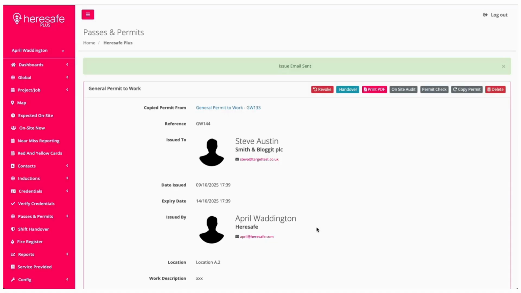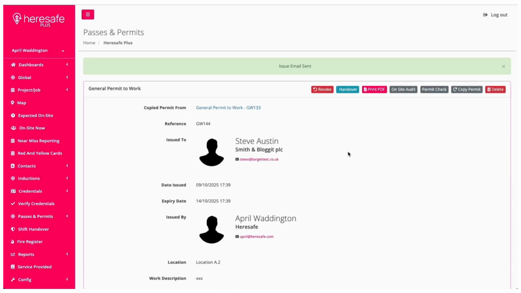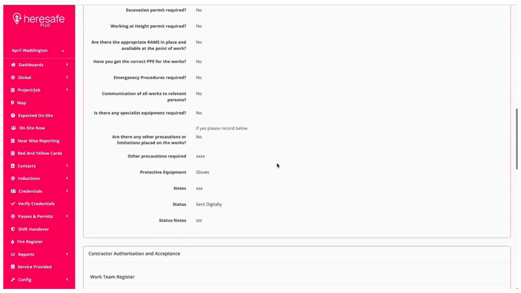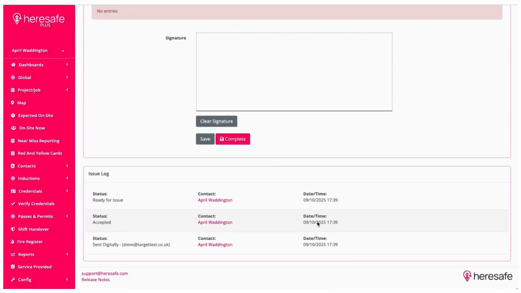Permits can be fully digital. They can also be sent to print at any point in the process. A permit can be handed over to an alternative issuing manager or a permit issuer if you were leaving site and required a new issuer to take over on the return and close out of that permit. They can also be revoked at any point, and once revoked, the contractor will be alerted that that permit has been revoked. A permit will capture an audit trail around who has done what on what stage of that permit,